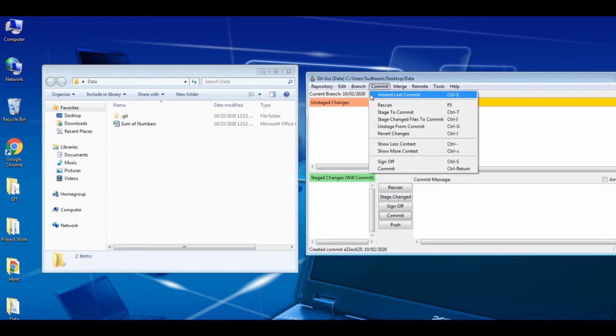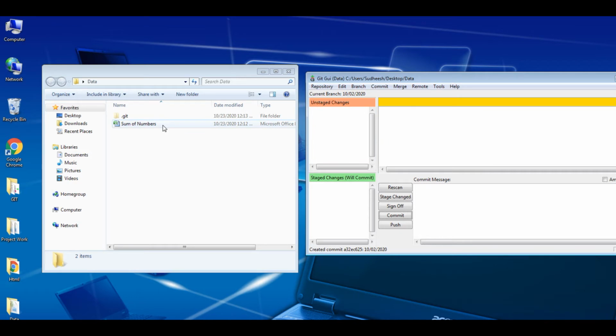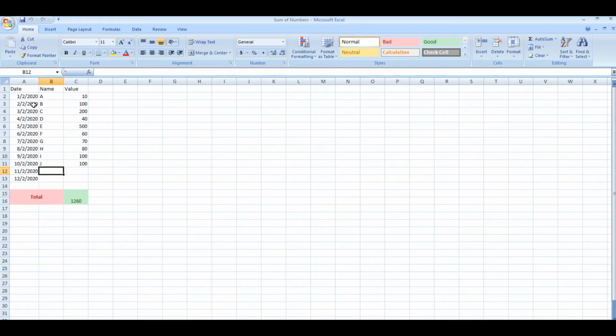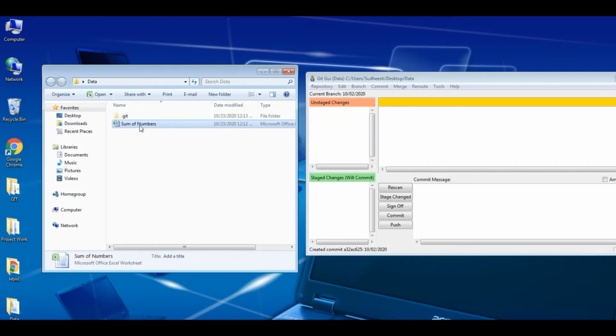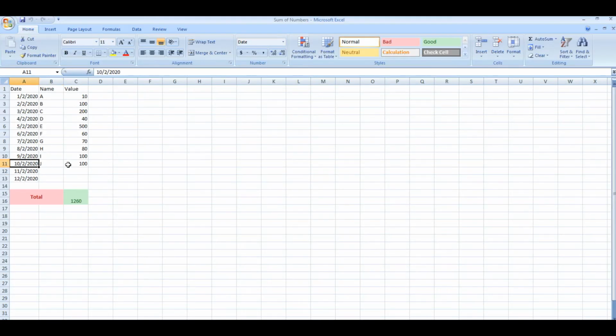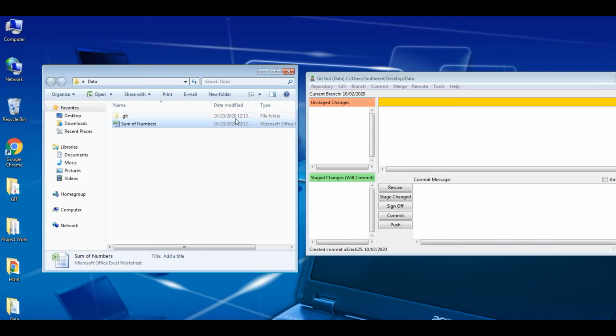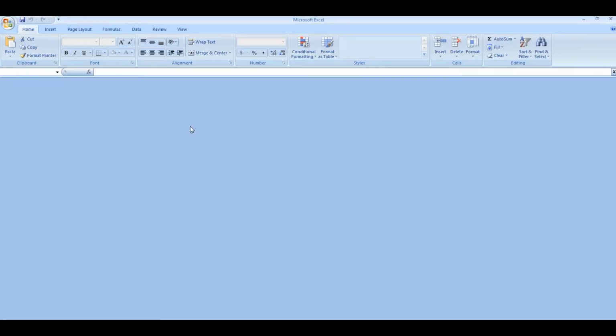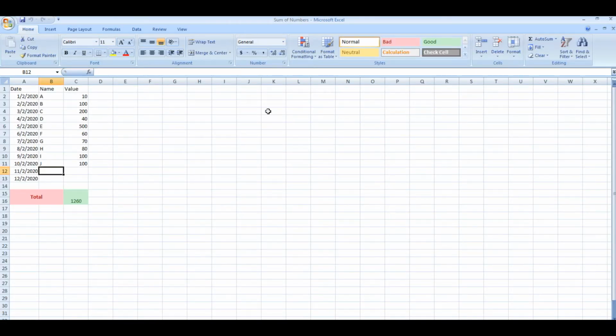You may be wondering why we are doing this branching and committing. So let's see the difference first. In the final output, when we open the file, you can see the 10th date is entered, and the details we have changed: the second date is changed, the third date is changed, and the fifth date is changed. So I need the edited detail of the 9th day. The previous day's edited detail I want to know.